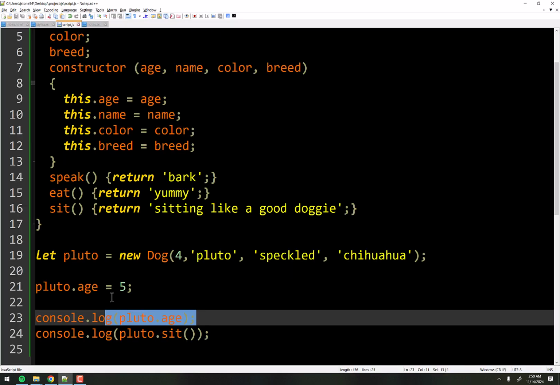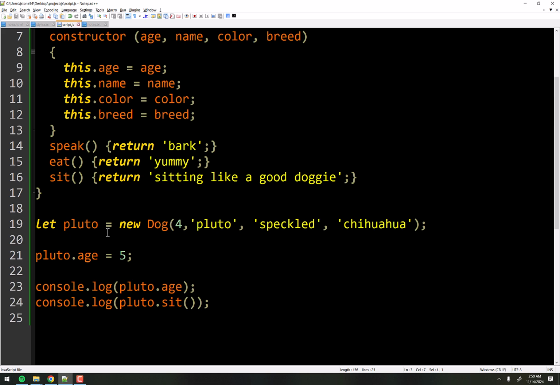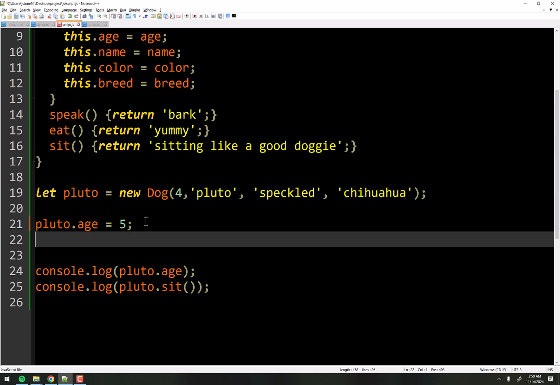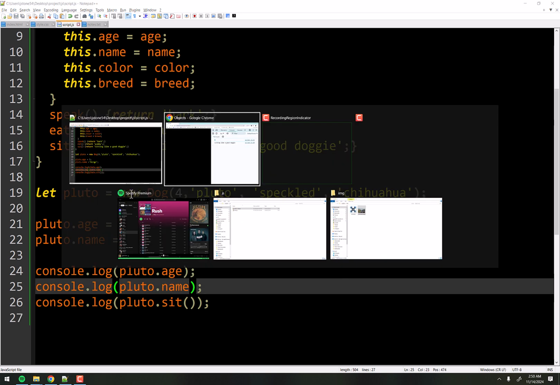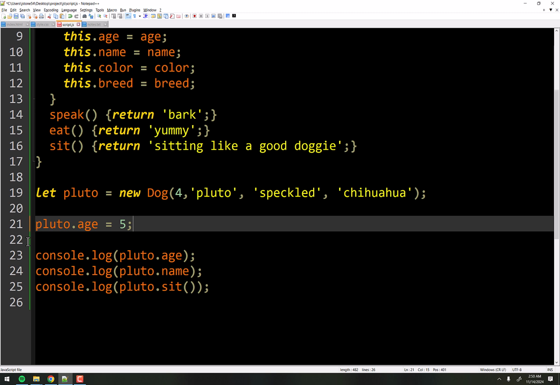Okay, so we've directly accessed this variable like we did earlier when we manually created the name and everything. I can do that. I can change his name. Pluto.name is Bingo now, or whatever, right? I've changed Pluto's name. And if I wanted to see the name now, I print it out and it says Bingo, right? Okay, well, we do want the user to be able to change things, but we want to have some control over that a little bit, right? So let's get rid of the name change there.